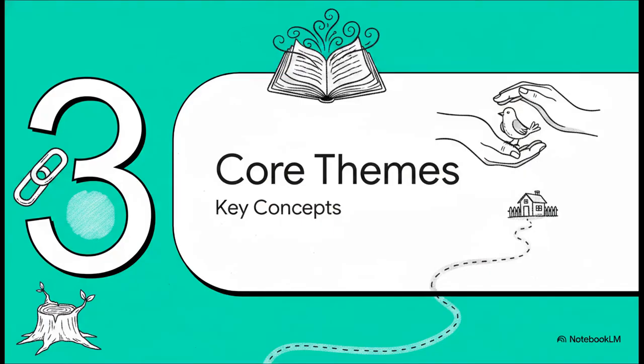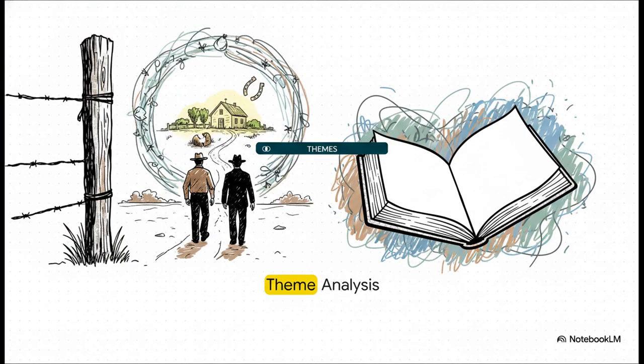All right, Section 3, Core Themes to Understand. You want to think of these themes as the big ideas that your examiners are actively hunting for. Whenever you outline a paragraph, these are your anchors. Let's define two massive ones right now, starting with what is probably the most famous concept in the whole book: